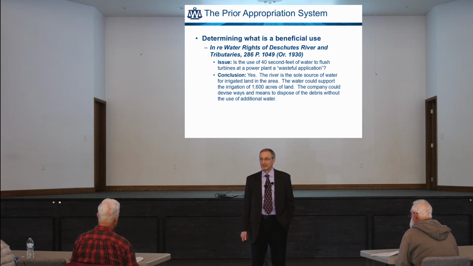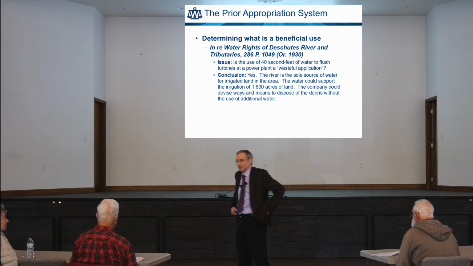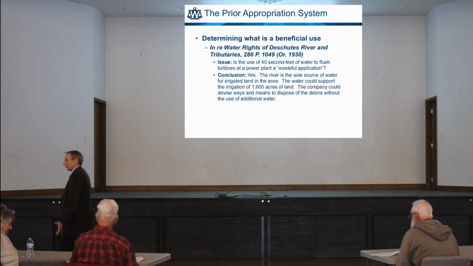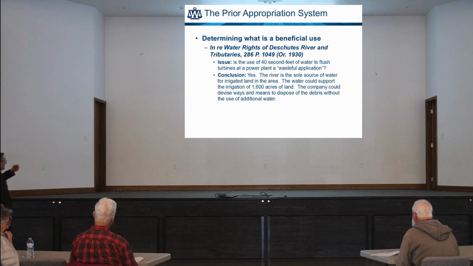Cubic feet. So cubic feet per second is not quite 500 gallons per minute, so 500 times, would you say 20,000 gallons per minute, roughly? Yeah. Would you say it's a lot? Quite a bit. Is that enough to flush out turbines of an electric company on the river? Probably more than enough. More than enough, yeah, okay. And then the court felt it was more than enough. That's why they pinned him back on this and thought that was a wasteful application of the water at the